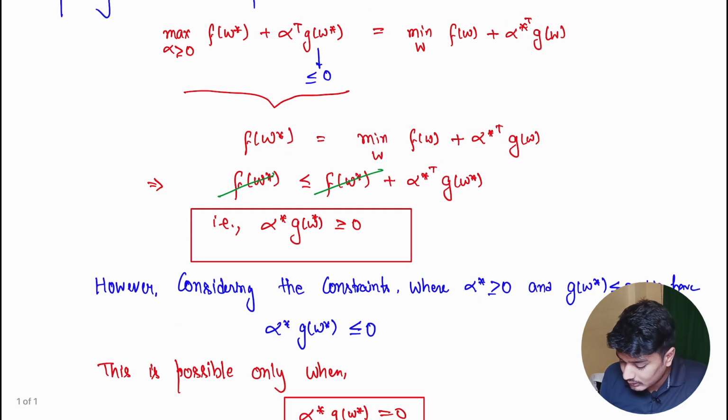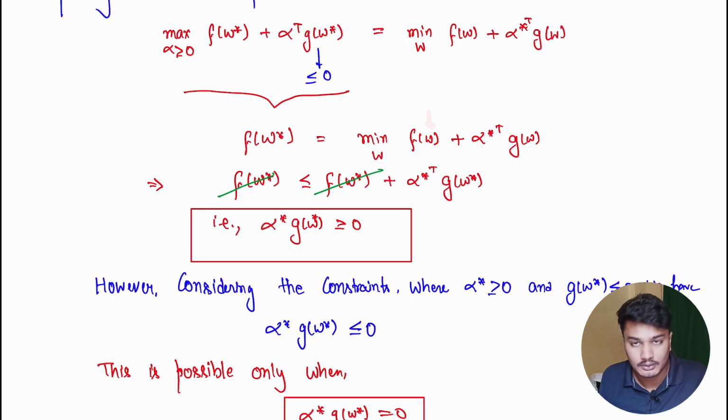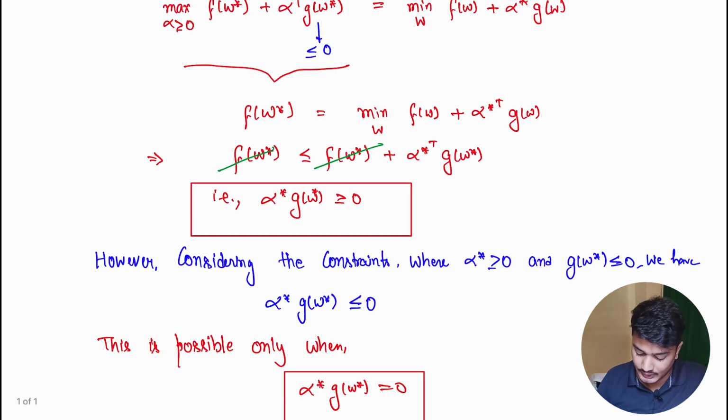Now, the minimization problem will give the solution as this. When we put the w star at the place of w, we will get this. That will always be less than or equal to 0 because we have to minimize it. And these two terms are the same, so they cancel out. So we get this less than or equal to 0, that is this. Correct? We get this constraint.